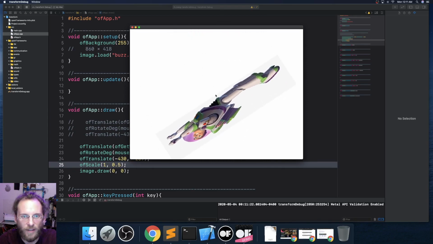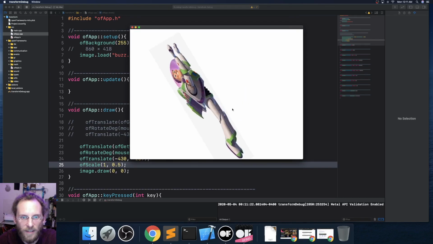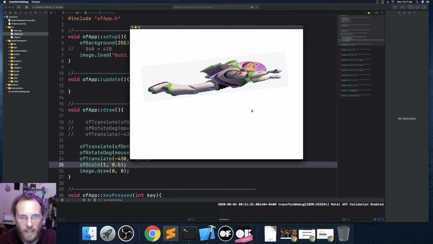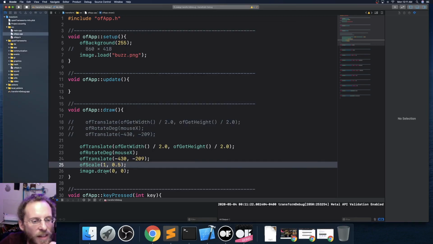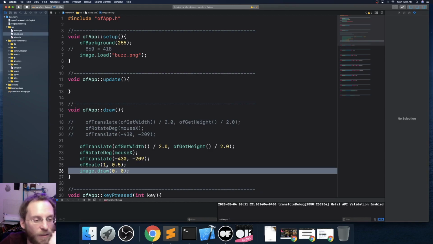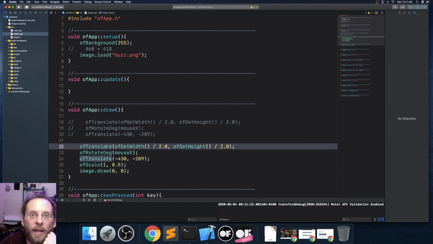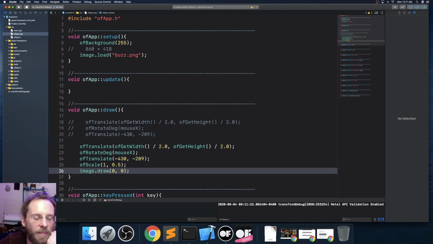translating around, or he's not rotating around his center anymore? It's still the center of the screen. It's just the scaling. Now what I'm suspecting is the order is a little bit out of place. It's probably helpful to think about it from the image's perspective, which means you sort of go backwards, up and out from the matrix. Oh, I haven't even said what that is yet. Okay, anyway,